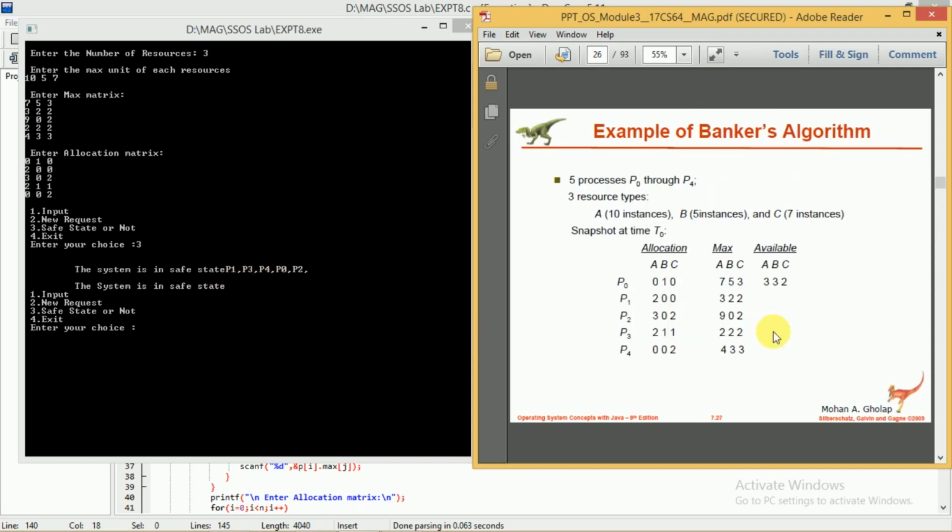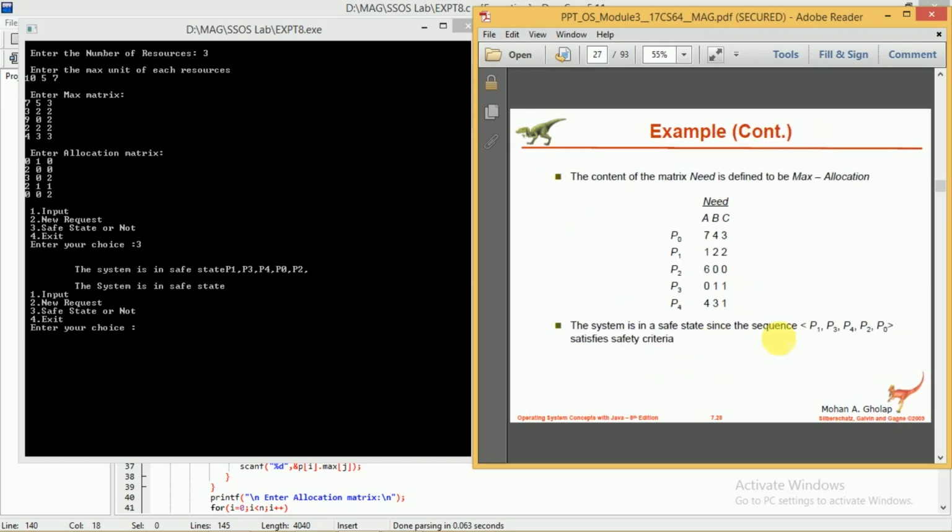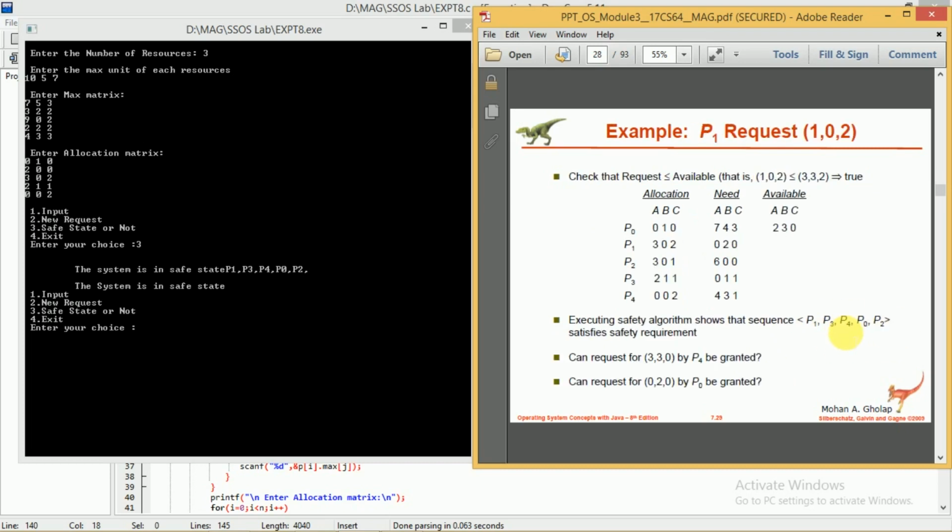This sequence is for the new request. There is a slight mistake here. Consider this one now: P1 P3 P4 and P0 P2. Executing the safety algorithm shows that the particular sequence is correct.